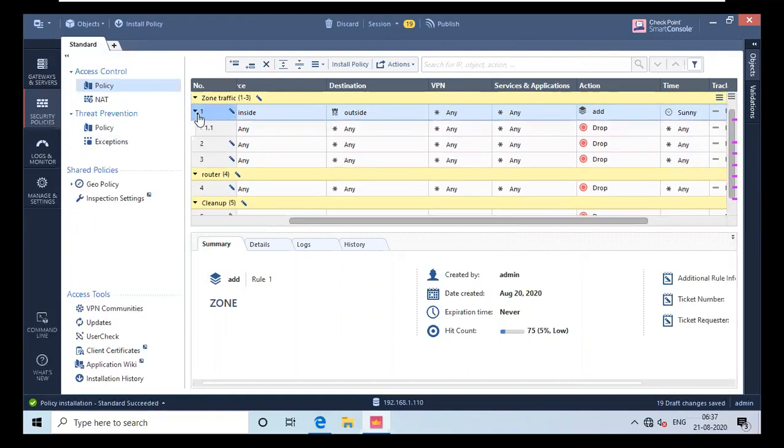So these are the child rules, and you can add each and every time by right clicking any rule, and it shows that your action is add, which means source being the inside, destination being the outside, services are any, but actions are add. Add means you have to go and check my child rules for the action. So currently it is dropped, so it will be dropped.